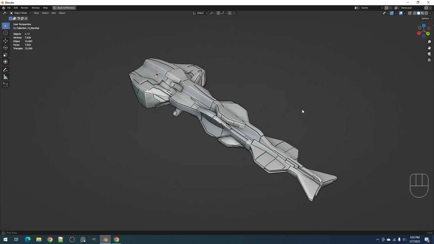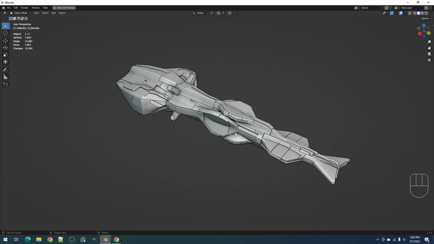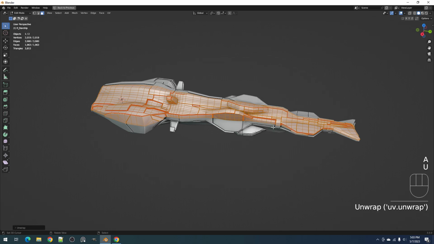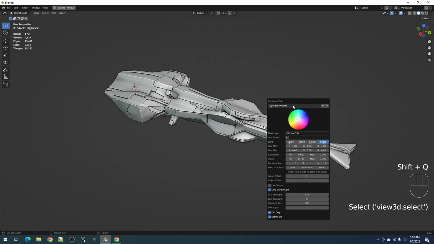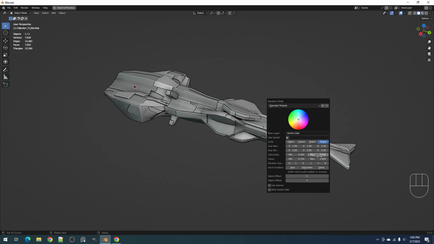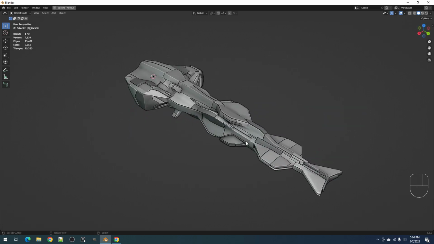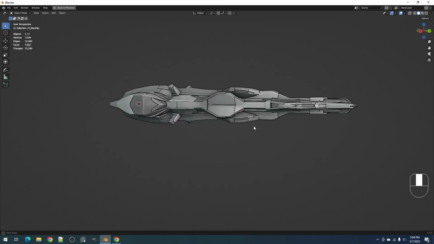So this is good. And then go to edit mode and UV if you want, and then repair the UV and use random vertex color here as an initial base color. For the geometry, of course,